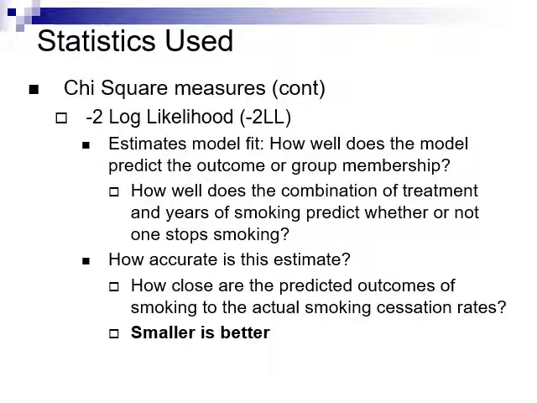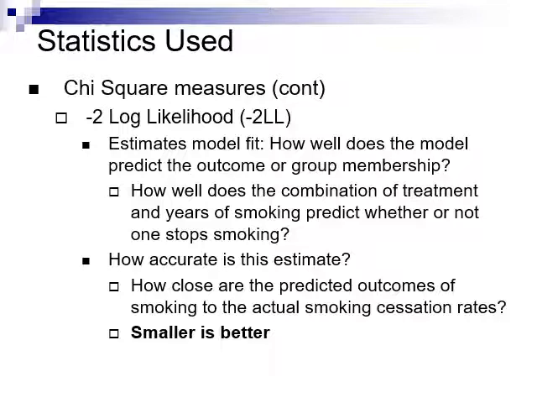So we use Wald chi-square to look at each individual predictor, but we also need to look at the whole model. And for the model, we are using, and this is probably one of the worst names in statistics, the -2 log likelihood. The main reason this is such a horrible name is that one of the things we need to do with the -2 log likelihood is subtract it from something later on in an equation I'm going to get to. So just be aware that that first negative is not a minus, it's a part of the name,